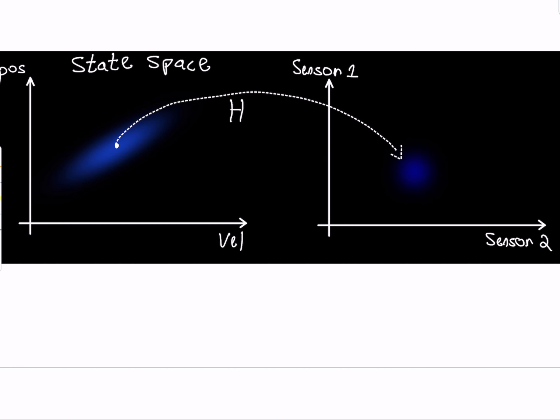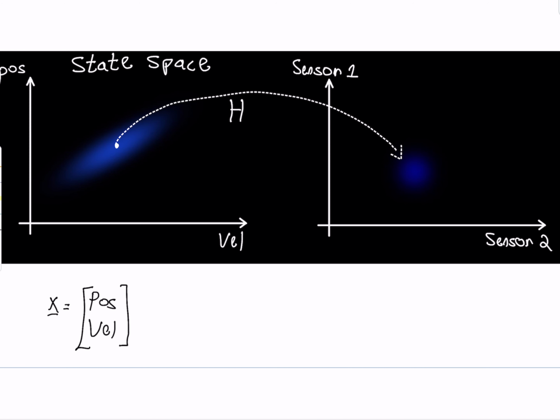Now, because it's not clear what the sensor space is, let's give a concrete example. Assume that our state space contains position and velocity in 1D. This means that we have 2 variables. The first is the position and the second is velocity. But my sensor cannot measure velocity. My sensor can only measure the position. So, if my sensor only gives position, what will H look like? Matrix H is supposed to take the state vector, the position and velocity, and change it to position only. So what do you think?